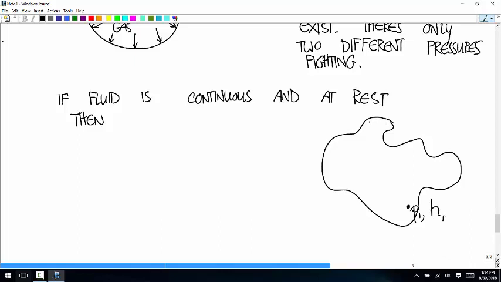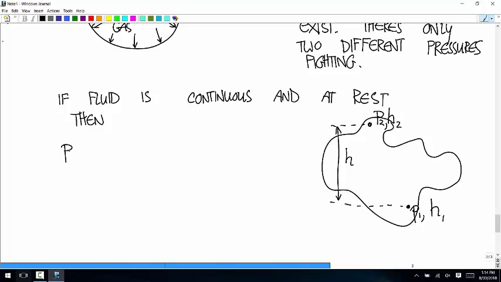This other point is over here, and at that point we have pressure P2 and height H2. The difference between those heights we'll call h. So if all the fluid inside here, say this is air or some other gas, is continuous and at rest,